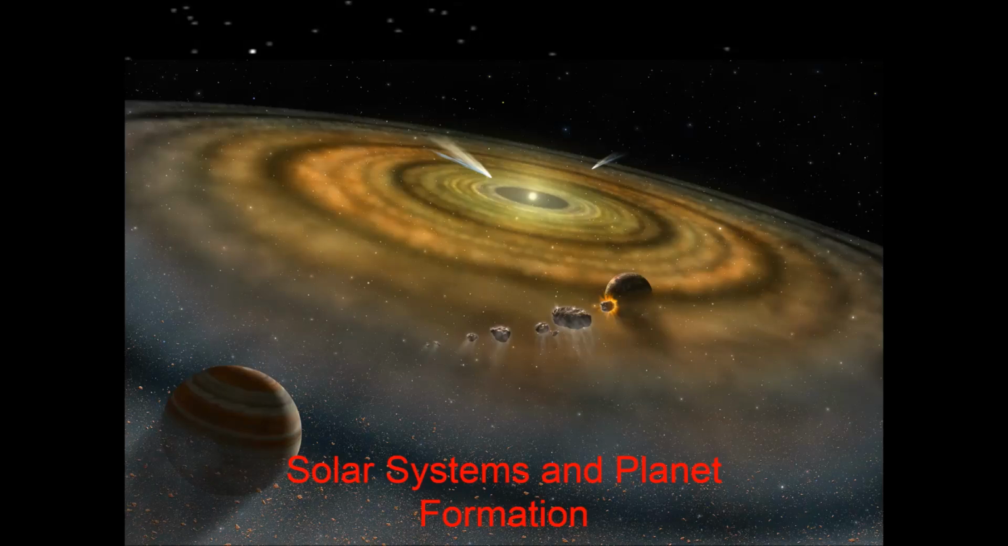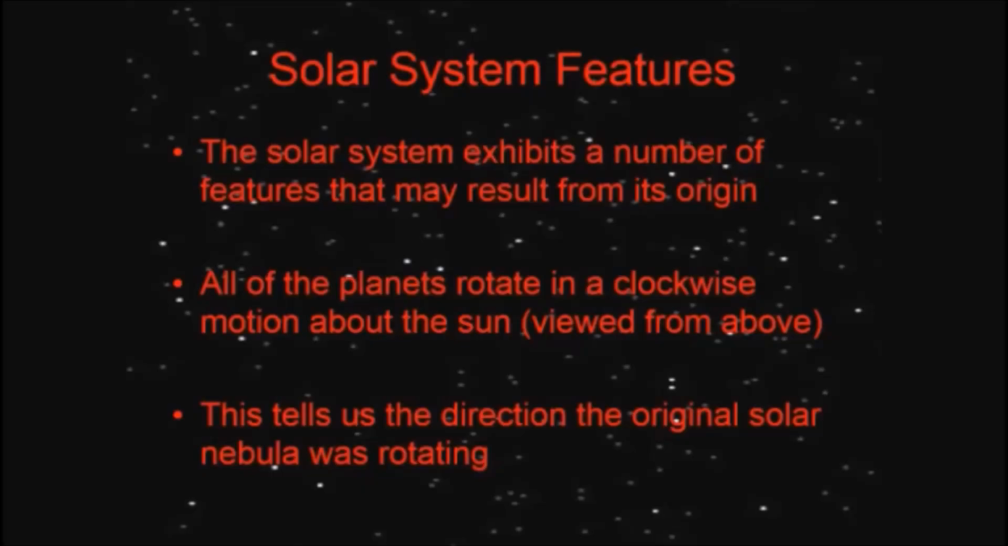In this module, we're going to discuss the formation of a solar system and specifically where the planets come from. When we actually look at the solar system we see today, as it is at the moment, it has a few features that are directly derived from its origin. So one of those things is, if we viewed the solar system from above and looked down upon it,